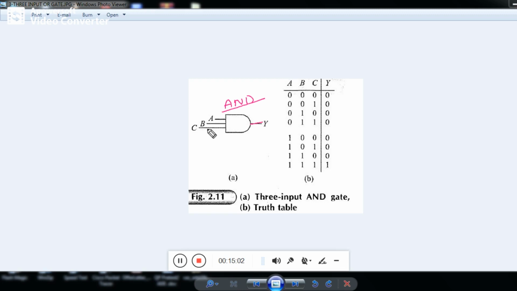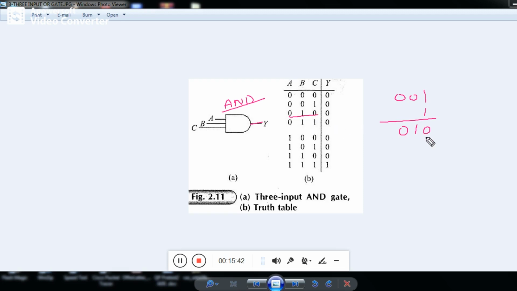So these three inputs are A, B, C. You can see here the truth table A, B, C. Truth table something like this: 0, 0, 0, 0, 0, 1. Next, what is the next combination? 0, 1, 0. You may ask, how will you get 0, 1, 0? What do you have to do? For every combination you have to add a 1. For example, 0, 0, 1, when you add 1, what you will get? 0, 1, 0. 1 is the carry, 1 here. Then this 0. We get this combination.